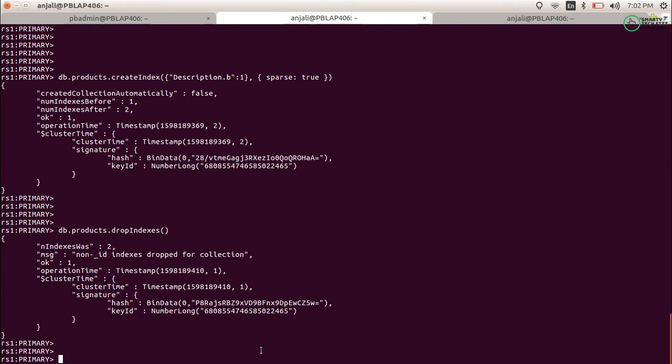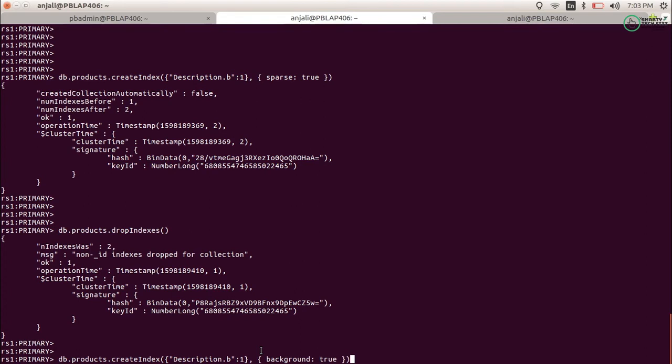So here we will just create the index in the background. Why do we want to create an index in the background? When you have a large number of documents and you are creating an index on any field of those documents, in that period the write operations will get stuck. It will not allow you to perform any write operations. So for this we use background equals true. What it does is create the index in the background of all the operations.